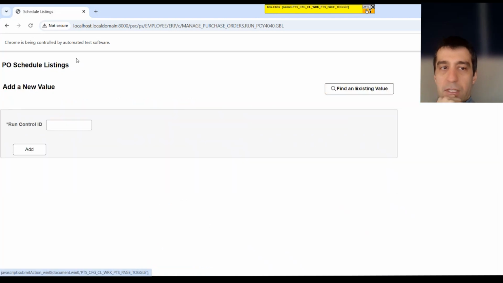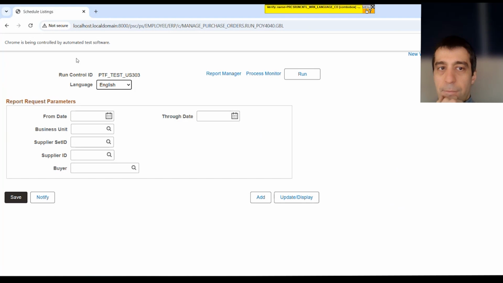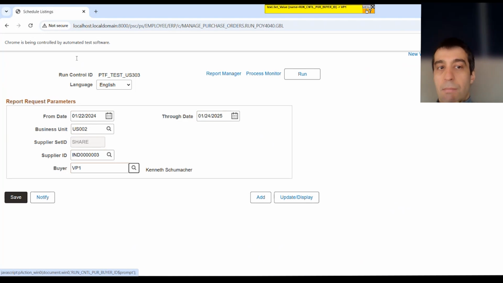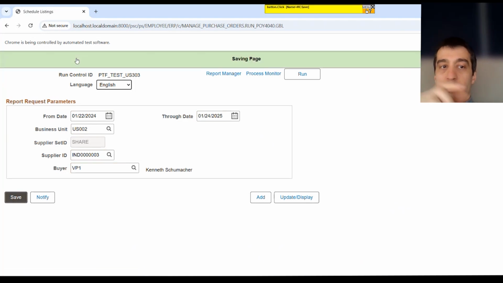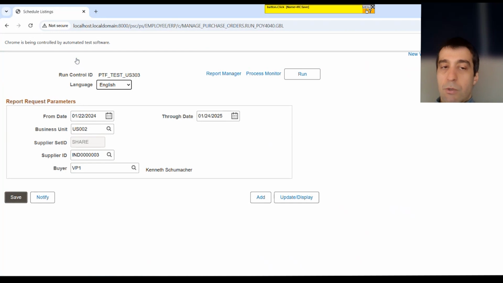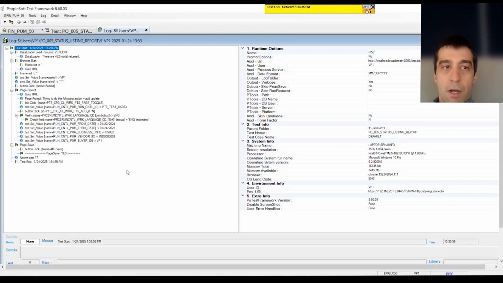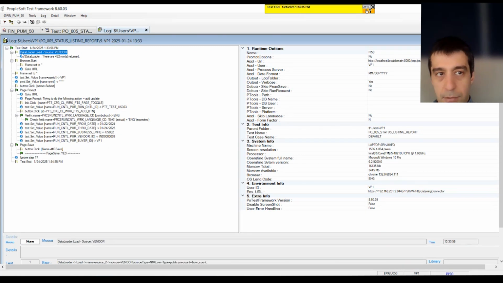Okay, we're running the test again that we've pre-built in previous sessions. We're going to add a new run control, some dates in here, business unit, and there's a brand new supplier. The IND 0003 was sourced from that query. It's not that 0004 that was previously on the test. Okay, and there's our pass. Our test was successful, and here at the top you'll see the data loader was initialized. We're in the log tab, and it returned 432 rows,